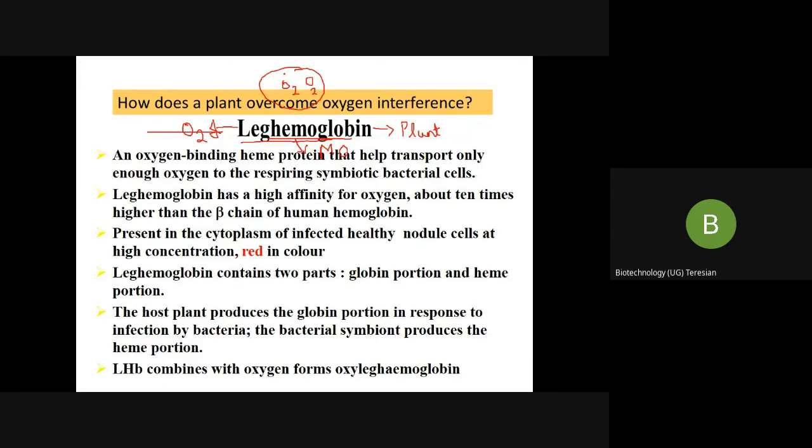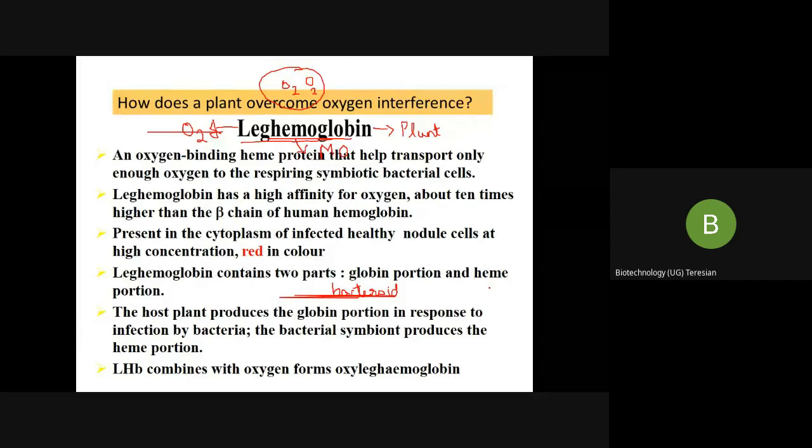It is acting as a reservoir of oxygen for whom? For the bacteroid. This word bacteroid you will be studying later on. Okay, I'll just mention this. Do not forget this word: bacteroid, B-A-C-T-E-R-O-I-D. What are these bacteroids? We shall study it later on, but I'll give you a hint, otherwise you will not understand it.